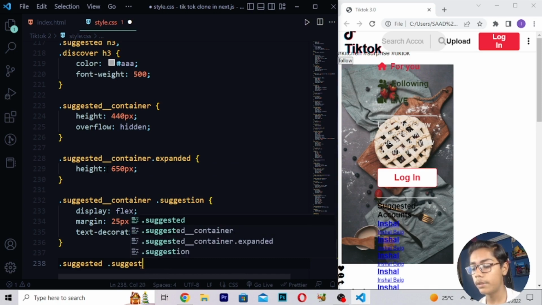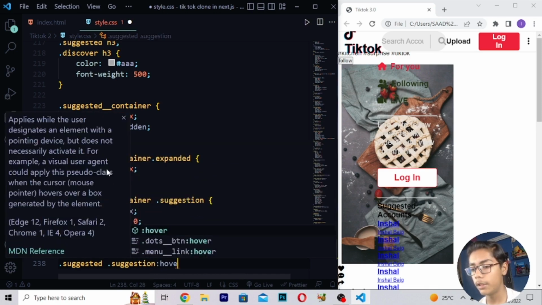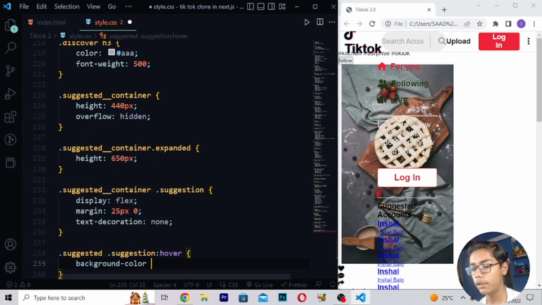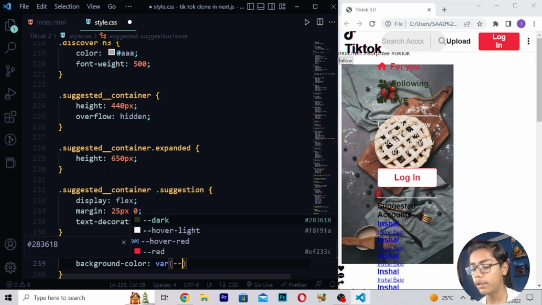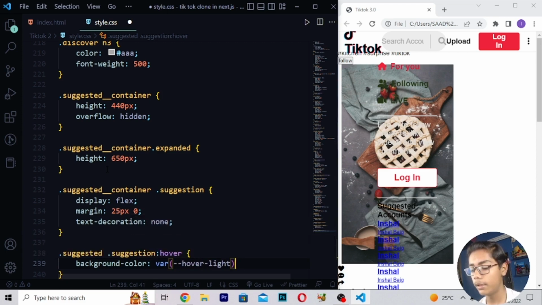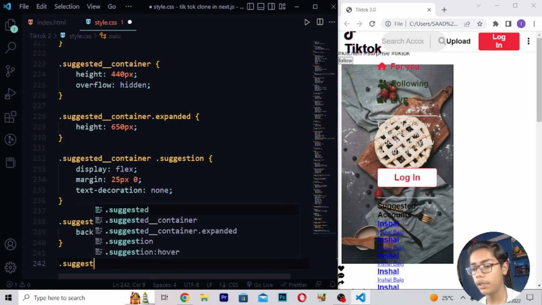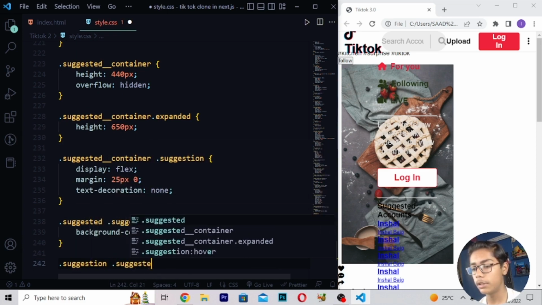when you've written this, here I will be writing hover, and then right here a tag which will be like background-color. Then I'll be writing here var. Then when you've written this, here I'll be writing hover-light. Right here .suggestion. So here I will be writing .suggestion .suggested